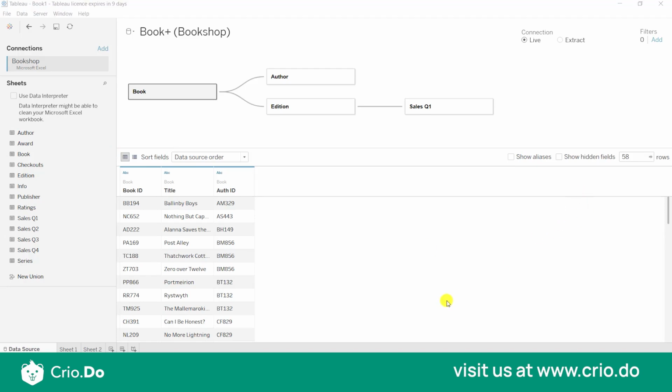inside the table. As book and the award will have this one to many kind of relationship, one book can get many awards. That's why it's actually a relationship of one to many, and also the measure values will be already aggregated inside the join. And whenever you combine this again to the other tables, this might create a duplication in the